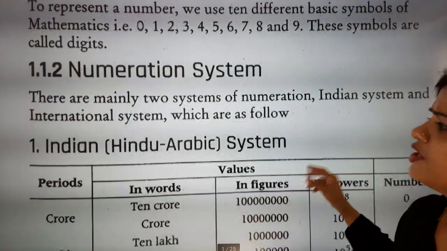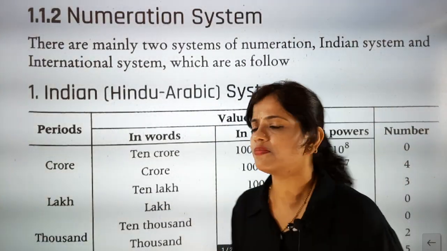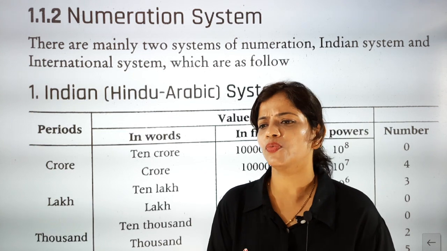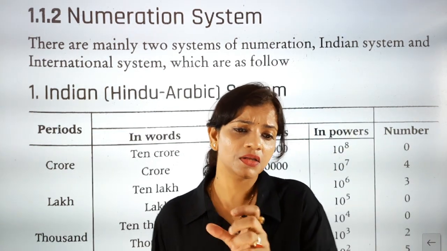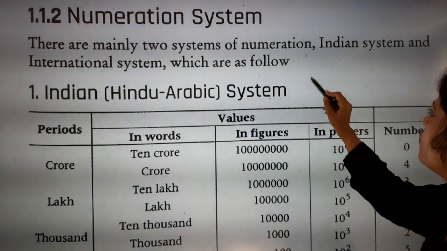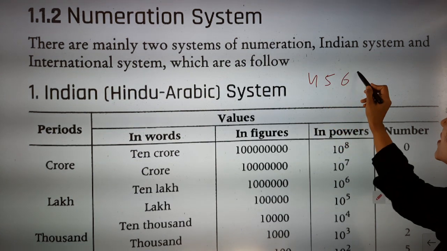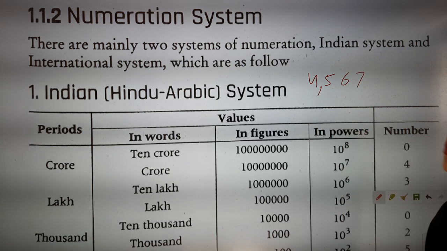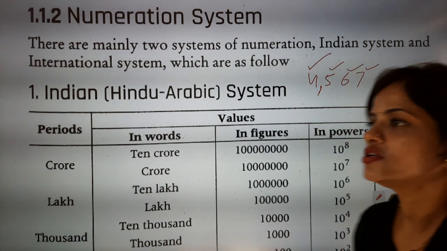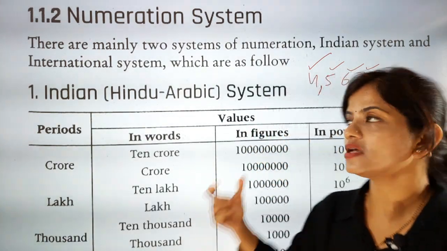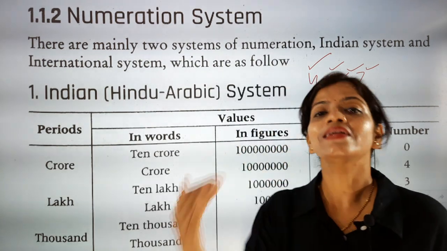Now, numeration in the number system. Numeration has a lot of value in the number system. So first we have to understand numeration. There are two different types of numeration. Numeration means how we read a cluster of digits. For example, if somebody gives you 4, 5, 6, 7, in the Indian system you put one comma and say that it is 4,567. This is exactly called numeration: when we see digits in a cluster, we read the digits.